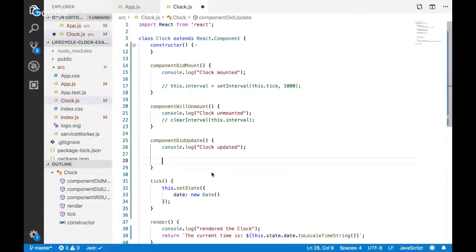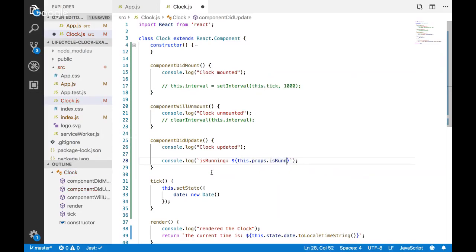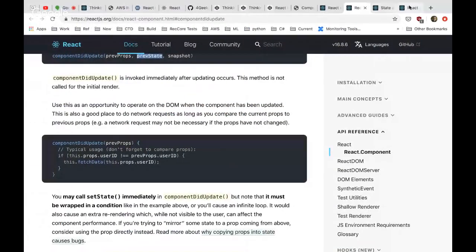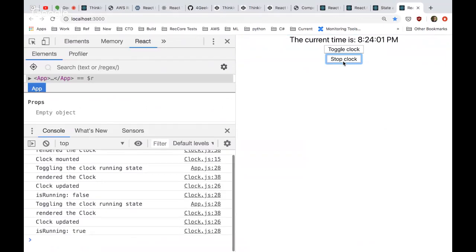Let's just console log what's changed as well. I'm going to add this in: this.props.isRunning. So I just want to log that whenever we click this. And what we should see is it toggling from false to true, right?